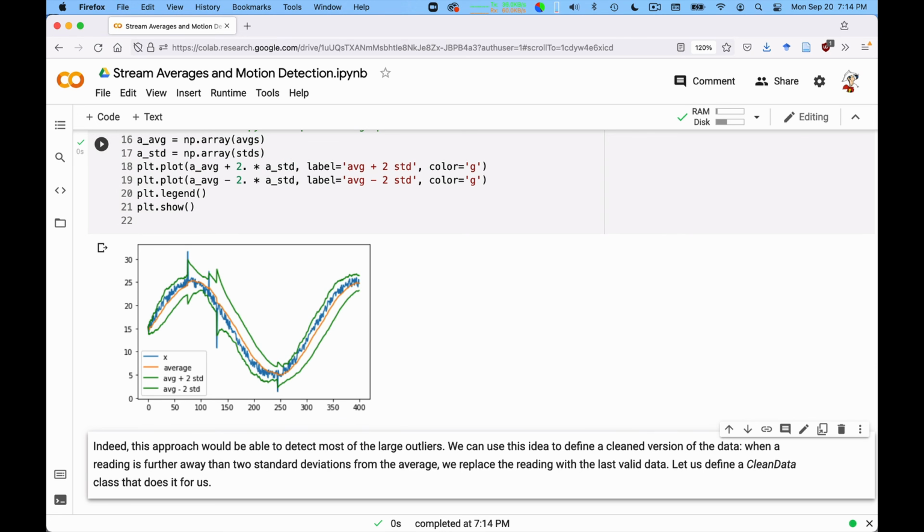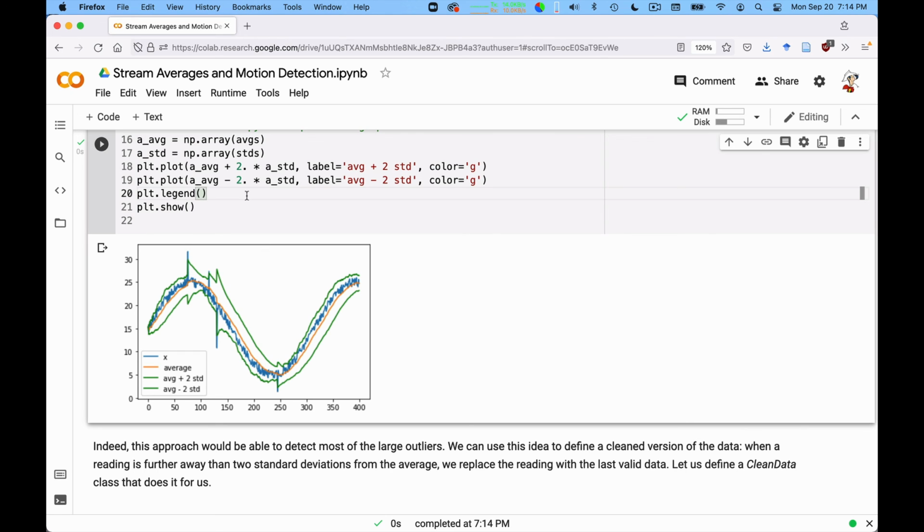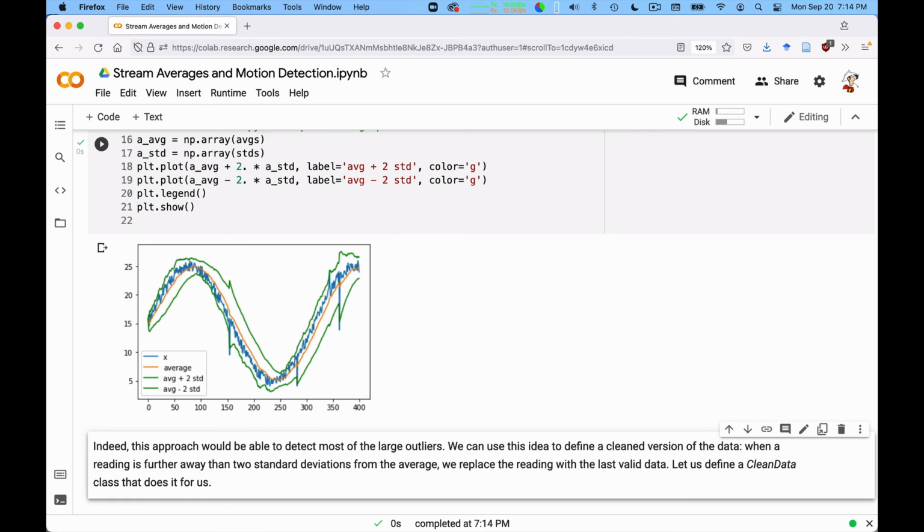We can run it again. In this case, we remove most outliers, but that's not always the case, right? Well, here we were lucky again, I guess. Here as well. And let me run it a few more times. For example, you see this outlier is not removed. And you have a few that are not removed by the 2 standard deviation criterion.